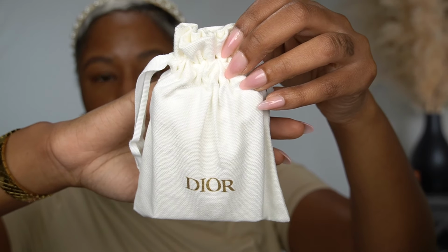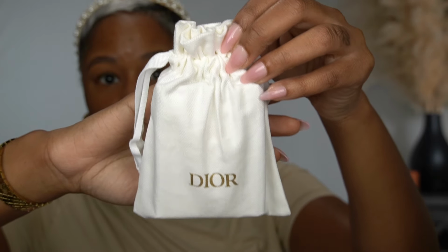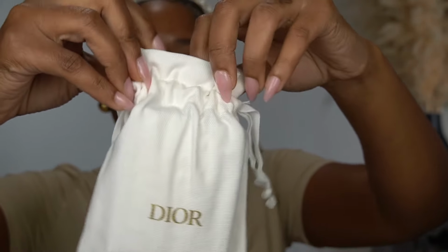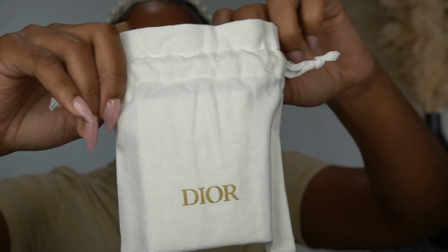So when you order from Dior, you do get free samples with every order, and it comes in this little pouch, which I think is so cute. I do take these little pouches with me out of town sometimes and store like skincare in here. So I got quite a few samples this time. So you do get 2 complimentary samples of your choice, and then you do get a free miniature size gift